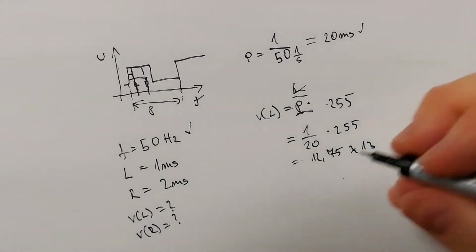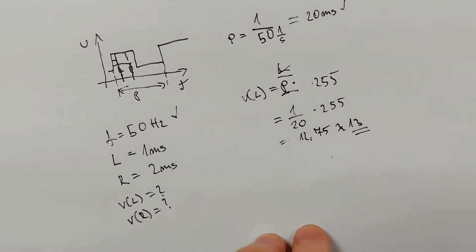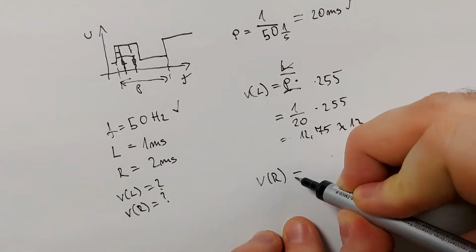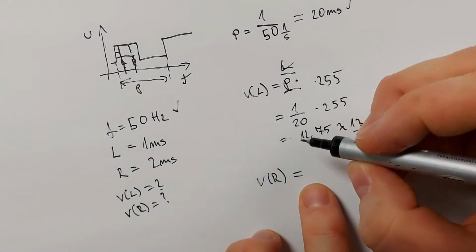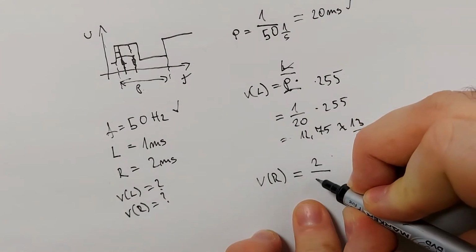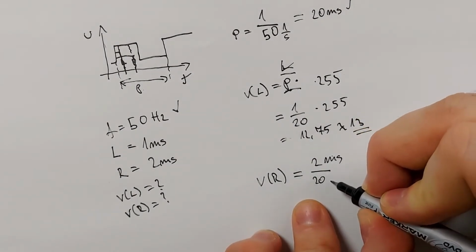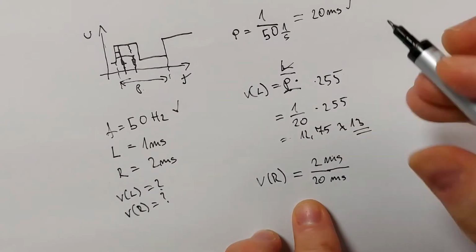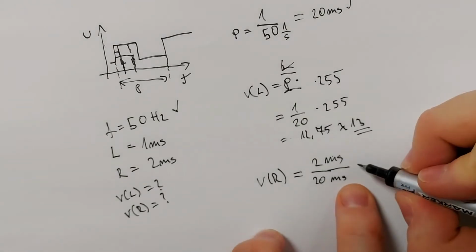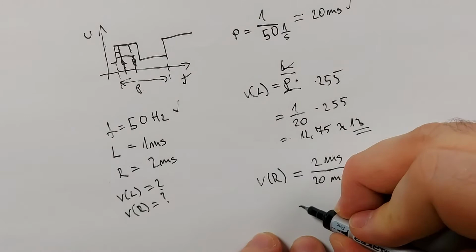So the answer is 13. And for the other value, the value for the right is the right value in time units, so in seconds. It's 2 milliseconds over 20 milliseconds, which is actually, we calculated the period from here. So times 255, that's a whole byte, and this equals to